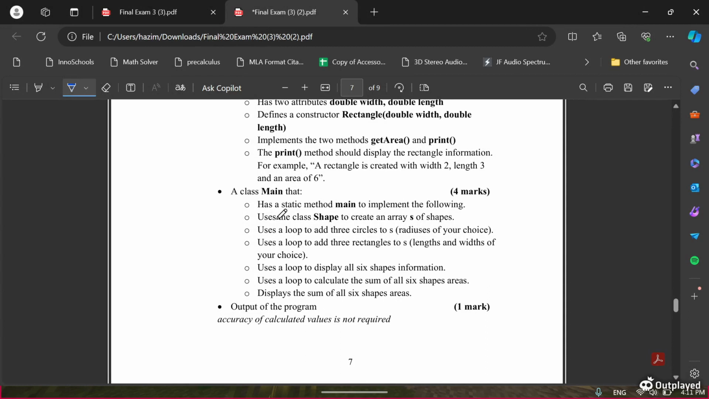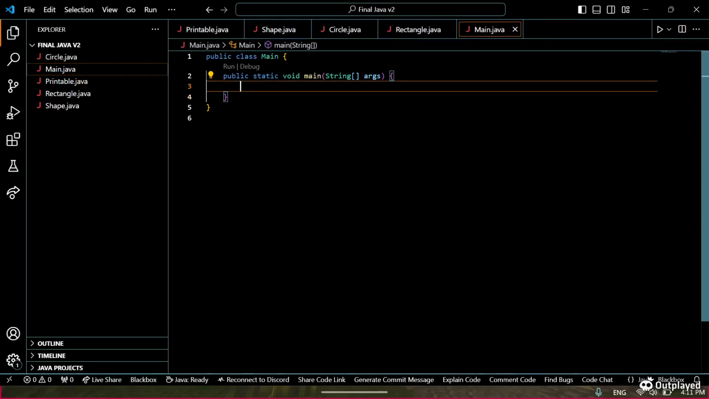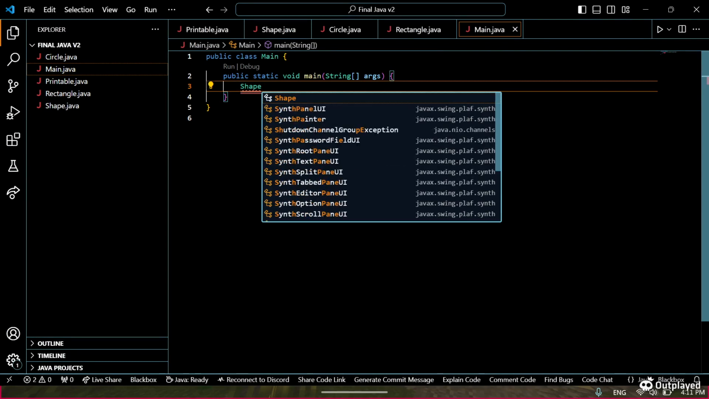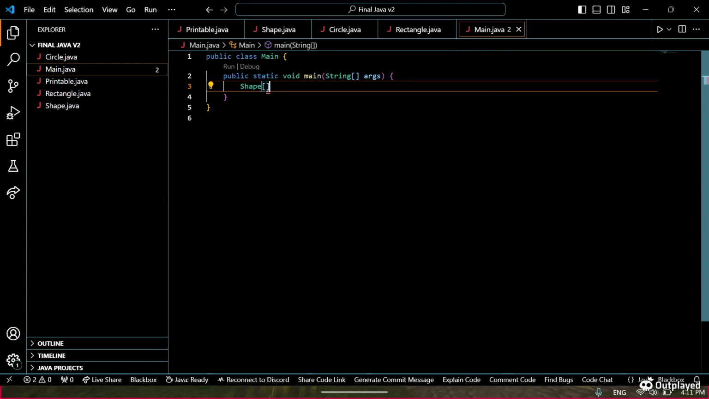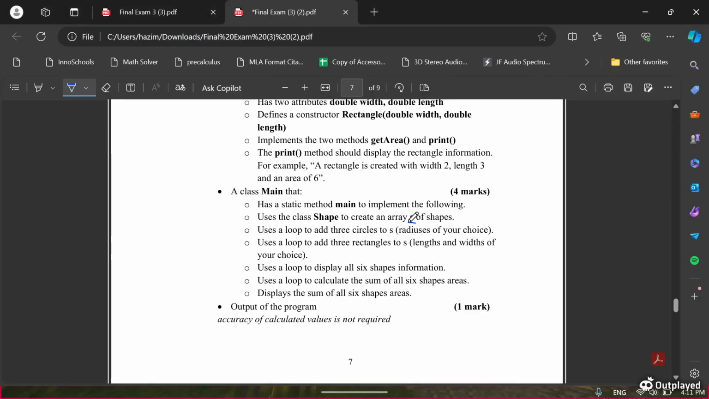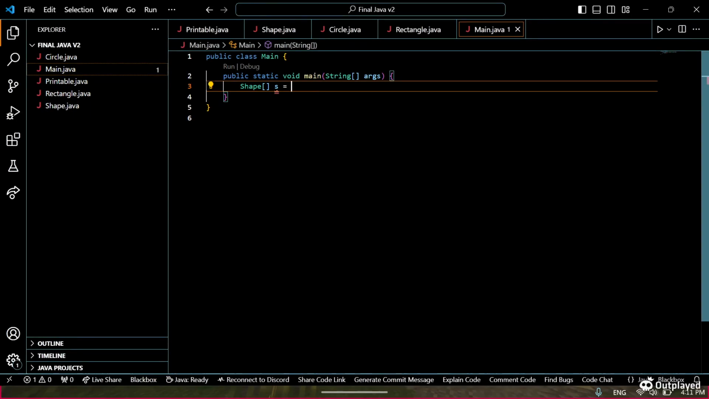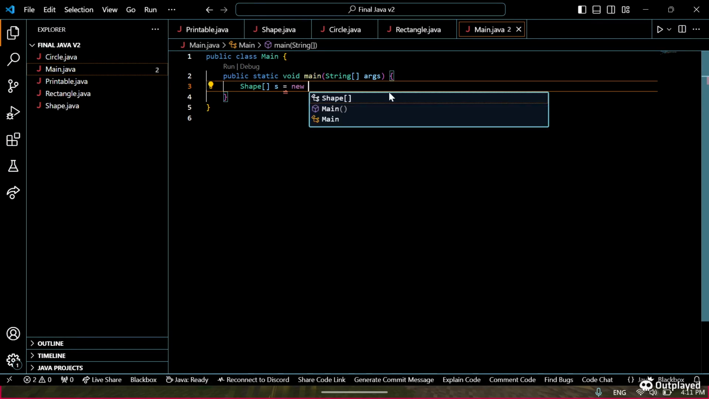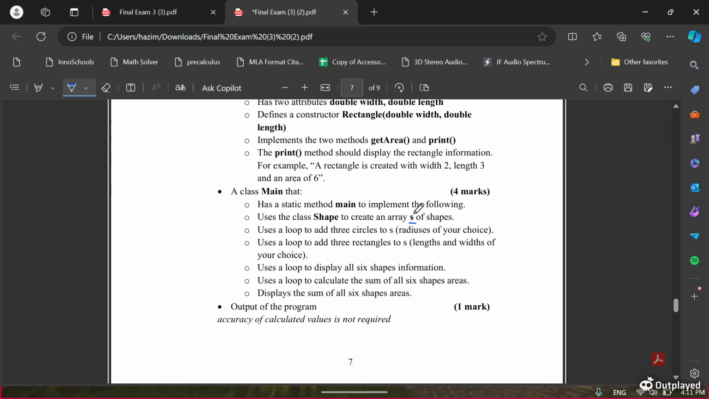And okay, so it uses the class Shape to create an array s of shapes. So let's create an array s of shapes. To do that, the class name Shape, and then you put two brackets to indicate that it's an array of shapes. Okay, and then the name of the array, which is s in this example, he said s. Okay, and then equals new, and then again Shape,